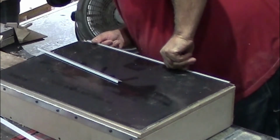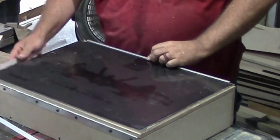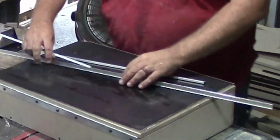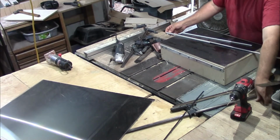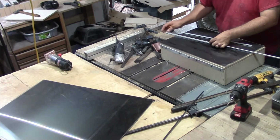But get the screw in there properly. That'll look really sweet. Good, that leaves me enough for that. I really want